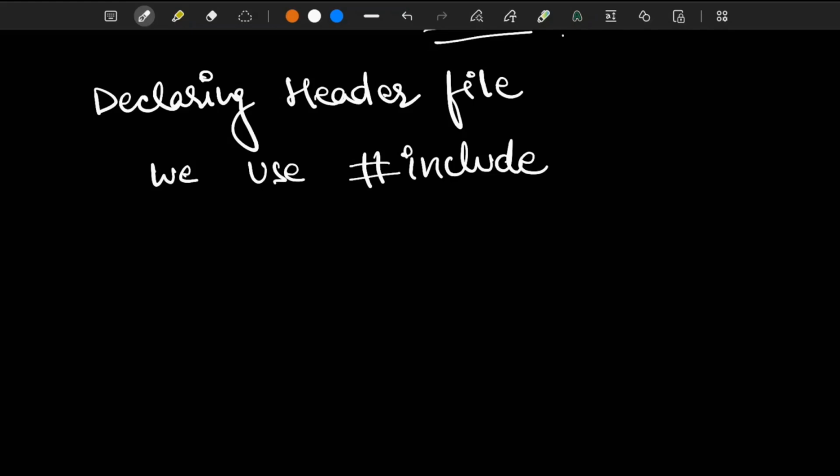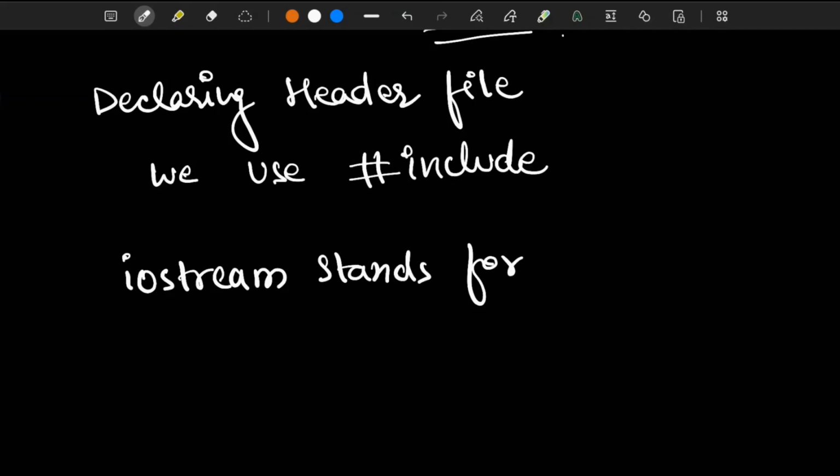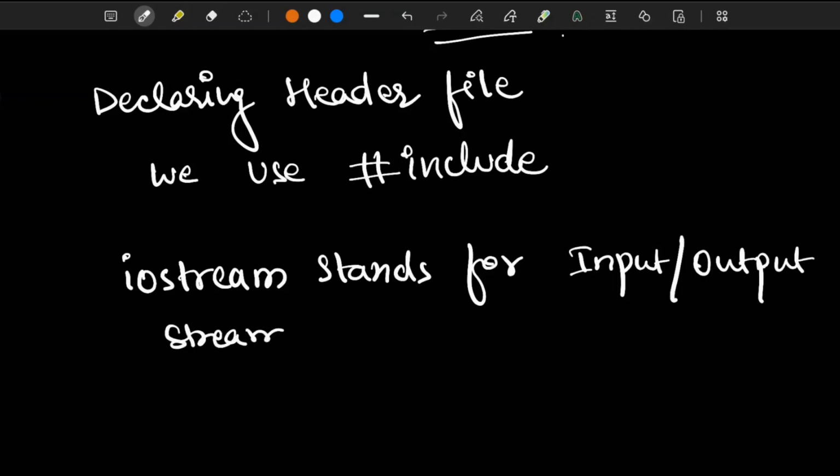Okay, so now we are talking about #include <iostream>, and iostream stands for input output stream, meaning this header file is necessary to take input from the user and give output on the screen.